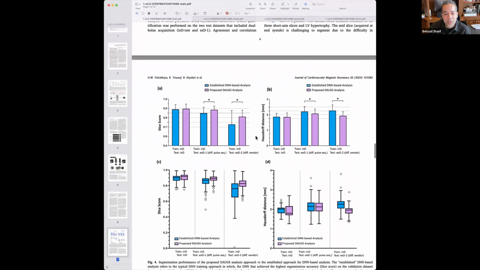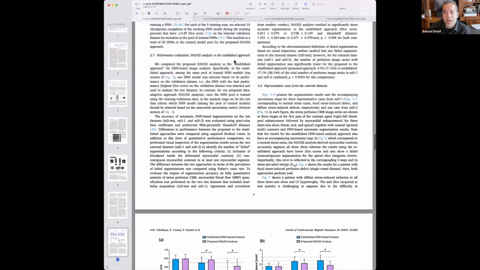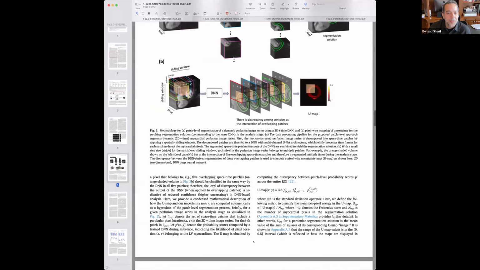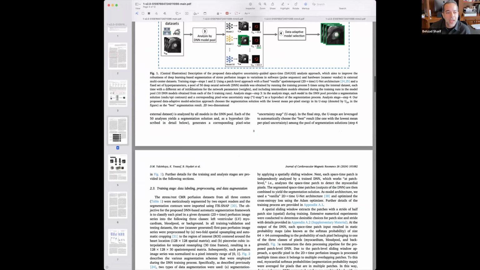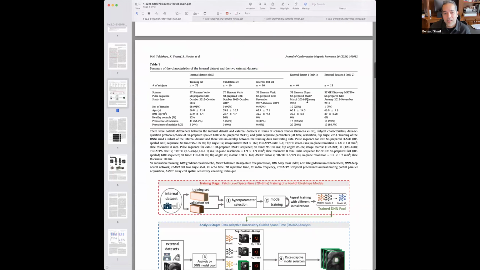And our results: going back to the table, we have 2 external data sets. One of them had a different vendor. The other is an external center with a similar vendor.